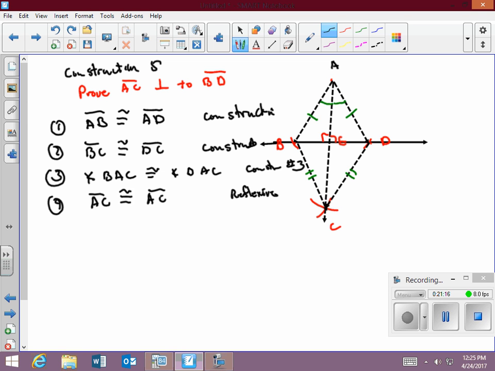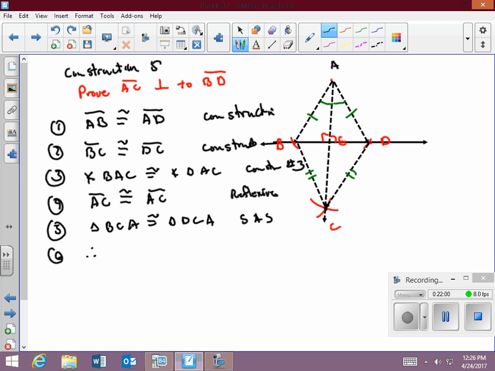Now then, triangle BCA is congruent to triangle DCA, and that's side angle side. And therefore,